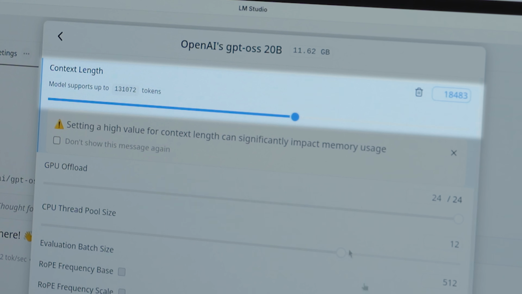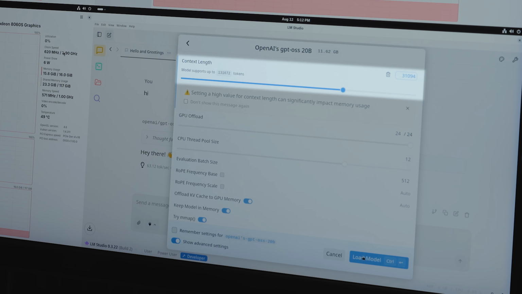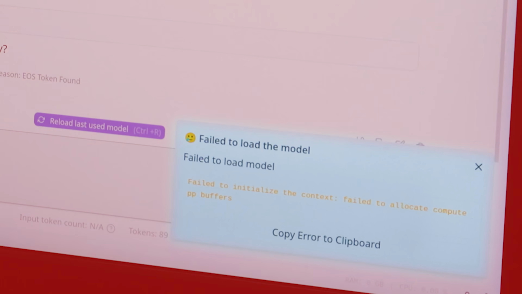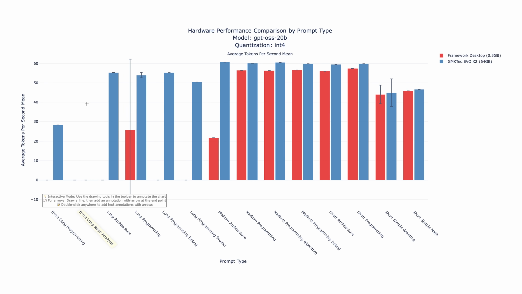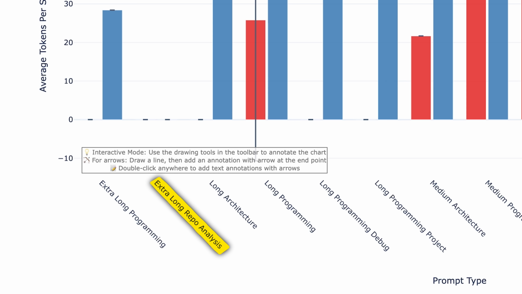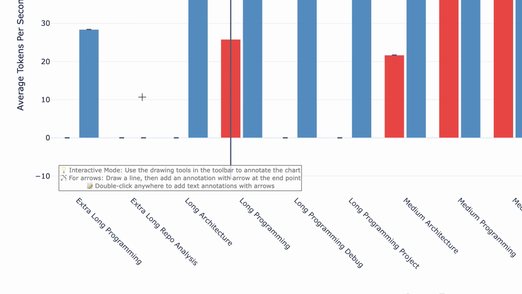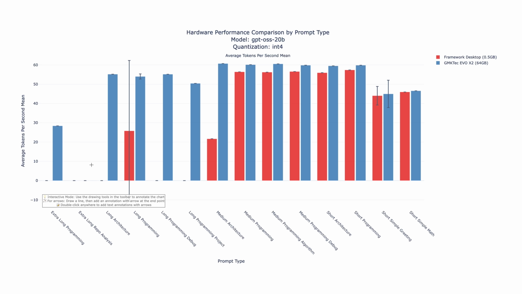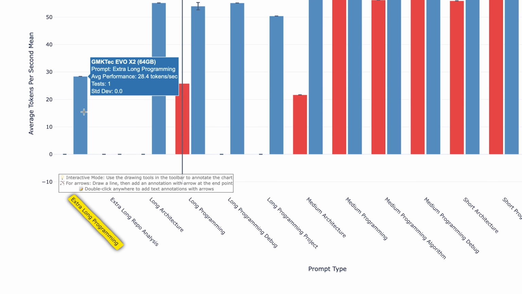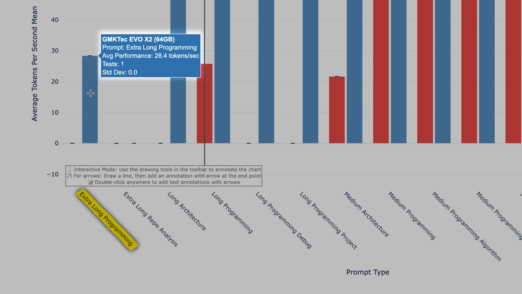But for some weird reason, when I try to increase the context length to something a little more useful than 4,000 tokens, the whole model crashes. Now I found that this model with the extra long repo analysis prompt also doesn't work on the GMK Evo X2, even though they both have 128 gigabytes of VRAM available, so it crashes there. And this, by the way, is a mixture of experts model, so it doesn't use all the active parameters all at once, taking up a lot less space and running much faster when you're doing inference. So why wouldn't it load? That's a mystery. However, the 17,000 token prompt did load on the GMK Evo X2,